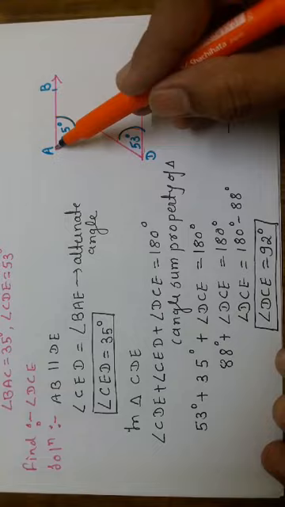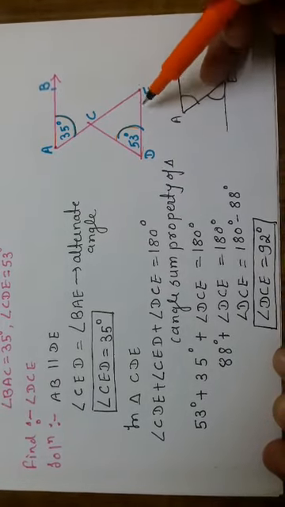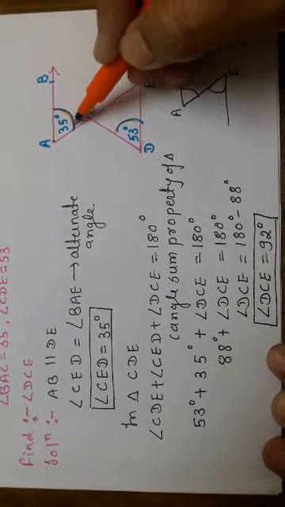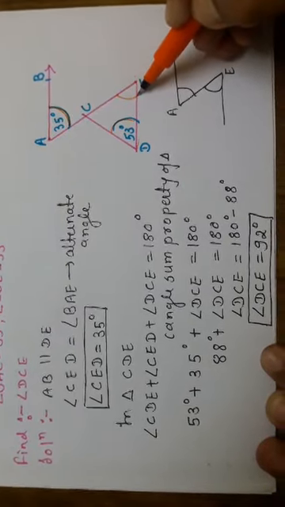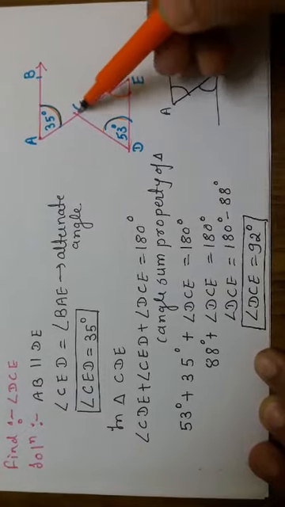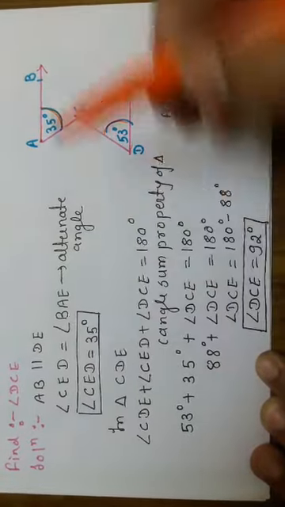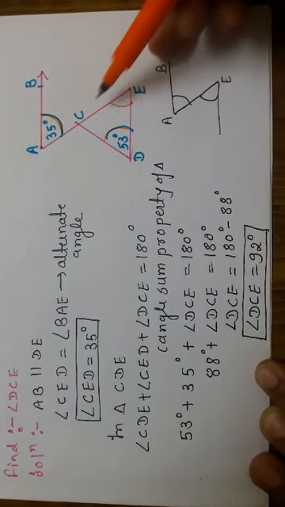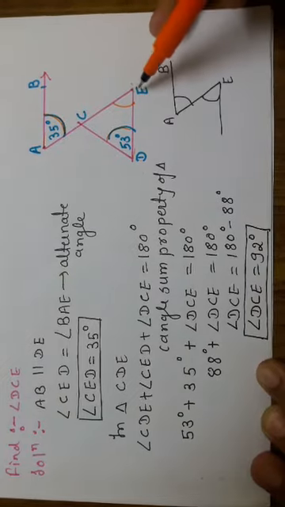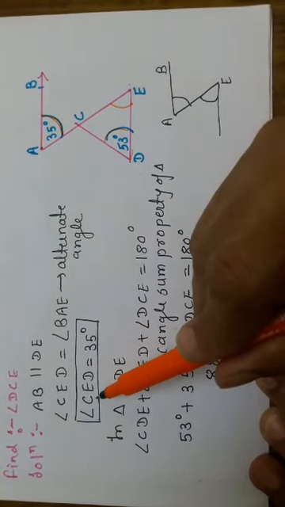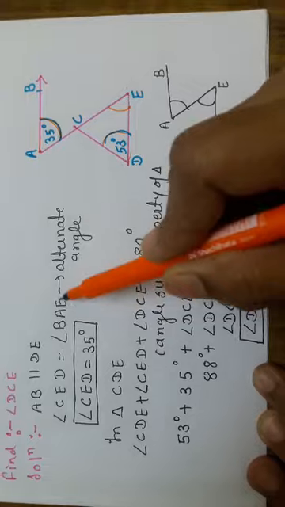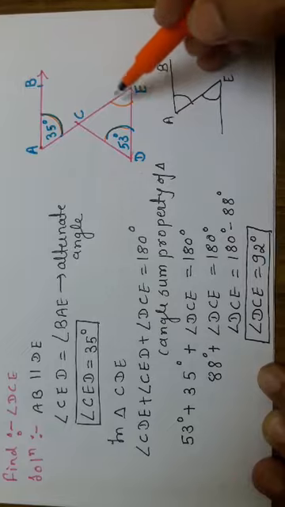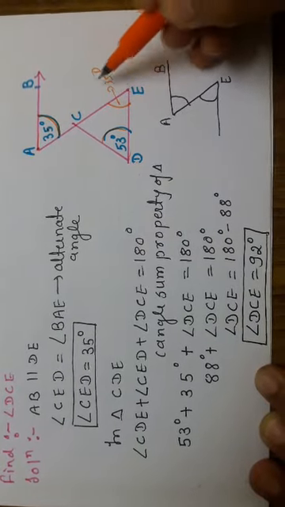Solution. Everyone knows very well that when two lines are parallel, alternate angles are equal and corresponding angles are equal. Here the property we have to use is alternate angles. So angle CED is equal to angle BAE. We can use the name CED as AED also. But here BAE is nothing but 35 degrees. That's why we got CED is equal to 35 degrees, and this is also 35 degrees.